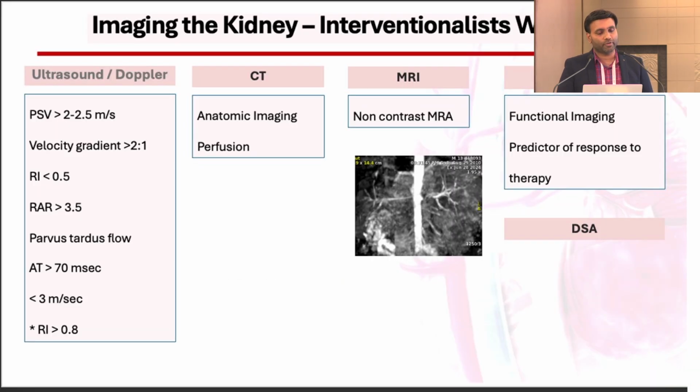So imaging, as we know, includes ultrasound, CT, MR, and scintigraphy. We usually prefer ultrasound as an initial modality, and also as follow-up in patients who have had angioplasty or other intervention. In some patients, we need recurrent follow-ups. If ultrasound is not characteristic, you go for non-contrast 3D MR angiography with multiple sequences, for follow-up. CT you will usually do for the initial part. There is an issue with the contrast and also with radiation, but to characterize better, CT may be helpful. There are other newer modalities coming, like contrast-enhanced ultrasound, intravascular ultrasound, etc. But in our institute, we usually go with CT initially and follow up with ultrasound and non-contrast MRI.